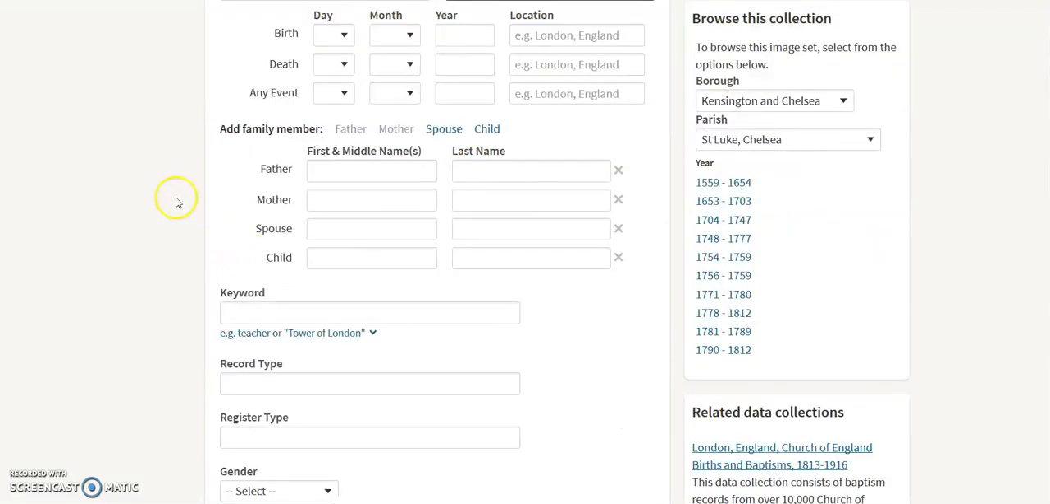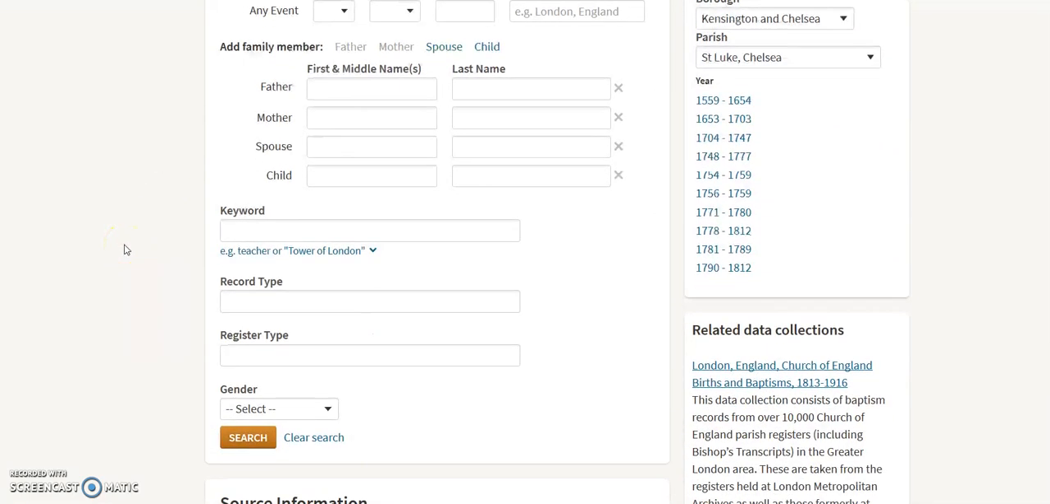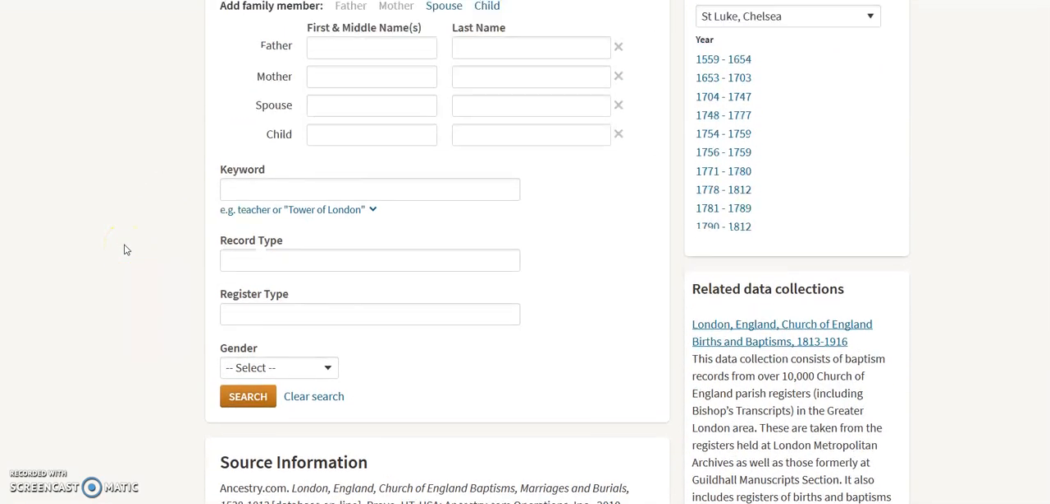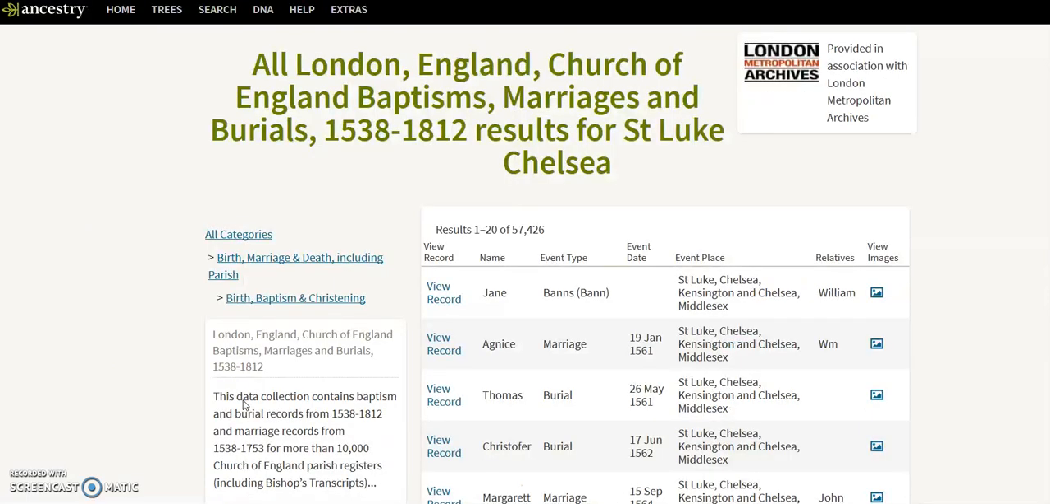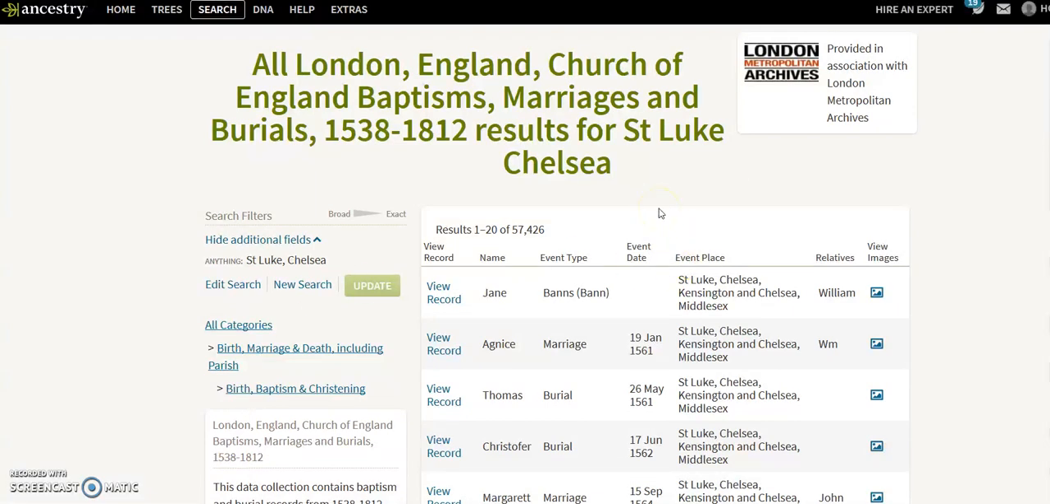And we know nothing else about John Smith, so it's a speculative search really, but we do know that he's from St Luke's in Chelsea. So we can put in St Luke and then Chelsea, and it's vital that this is typed exactly correctly, or you'll get a nil result screen. And here we have it. There are 57,426 records from St Luke, Chelsea,